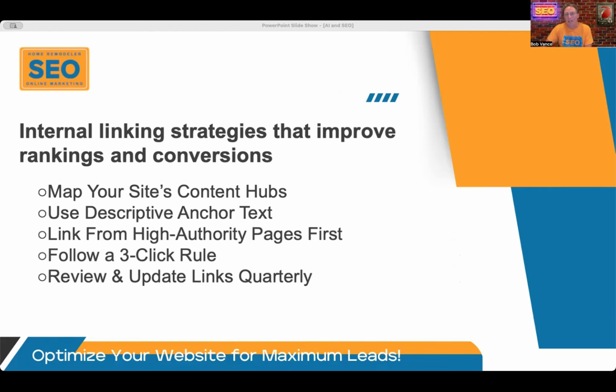And then review and update your links quarterly. Use tools like Screaming Frog or Ahrefs to find your broken links, to find those orphan pages that are just hanging out there in the open. Any of those missed linking opportunities might give you a little bit more authority, a fresh update to your website without doing a whole redesign. You're just fixing the broken links, fixing the missing pages, the broken redirects, things like that. That's going to really help if you can keep that on schedule.